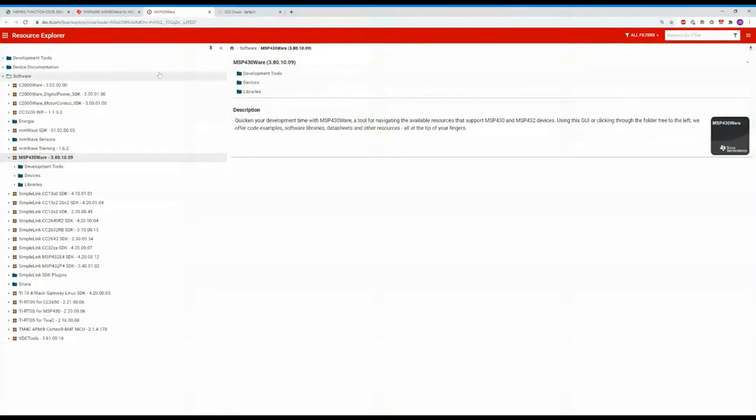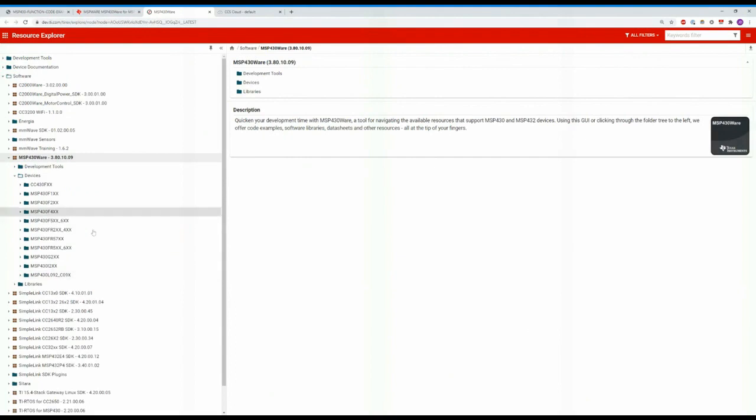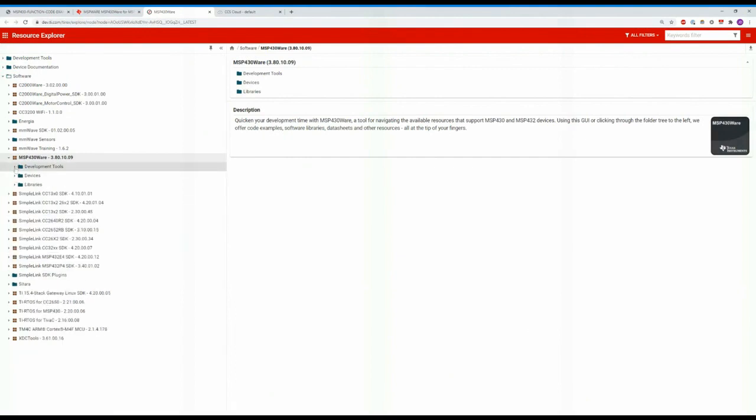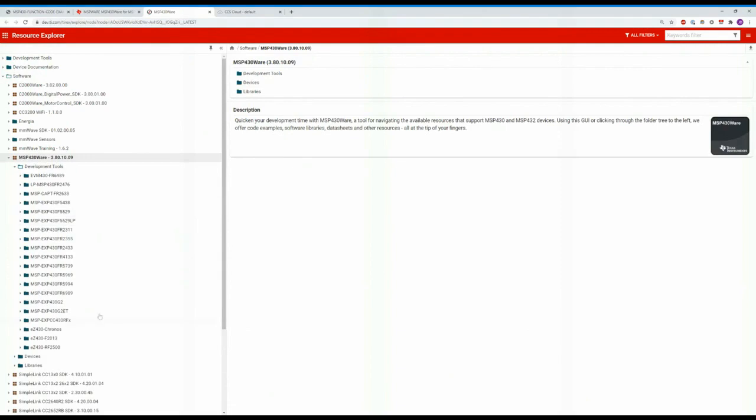And again, this is integrated with Code Composer. Today, I'm just going to show you where to find the example codes, what they look like, and then how to import them. You can navigate via device and navigate down to a specific part number, but the easiest place to start is with development tools. This is sectioned off by the different EVMs we were seeing. You'll see all of the LaunchPads listed here. Again, today we're going to look at the 2433.